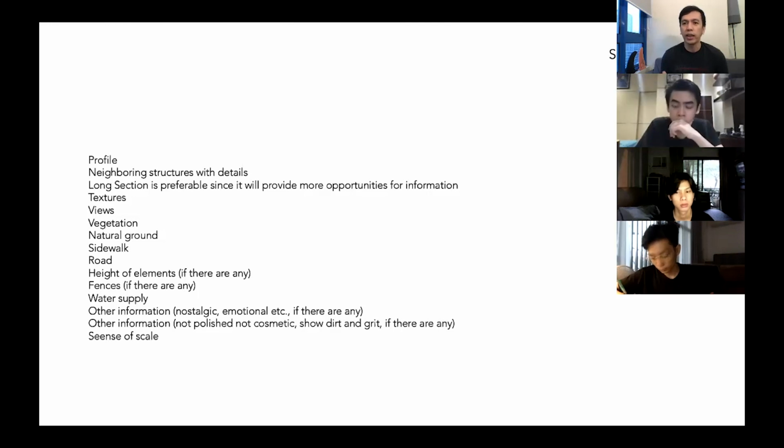Although I understand right now it's an empty lot, we're referring to the surrounding environment of the property. So the profile is very important. Even with a practical or pragmatic project, you will need to deal with the height of the sidewalk and the sidewalk in relation to your property, and up to the limit of that property. Neighboring structures with details,